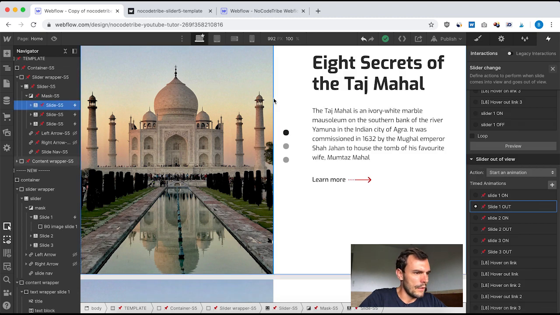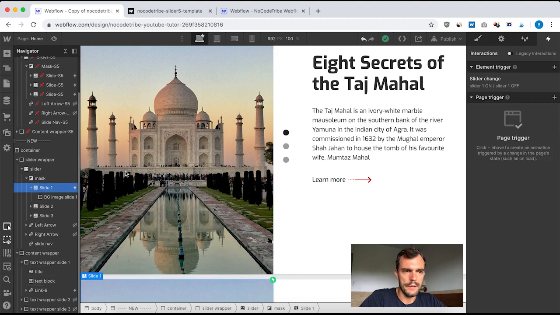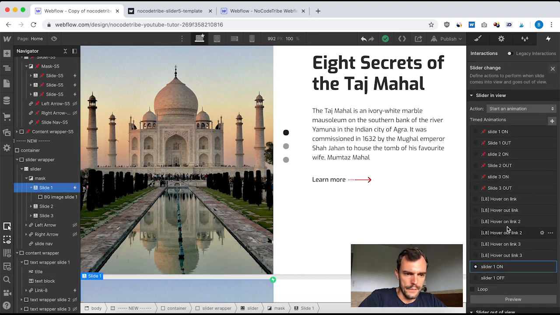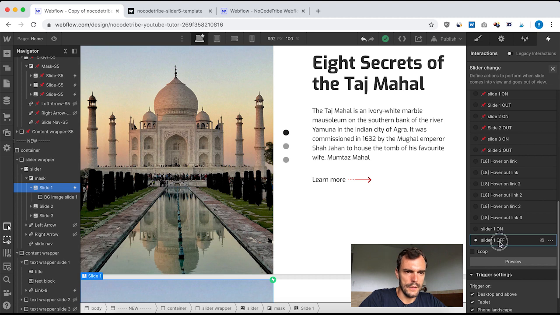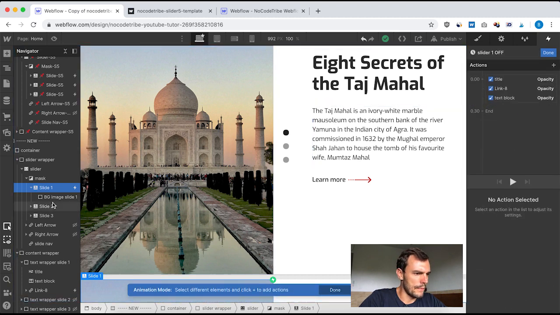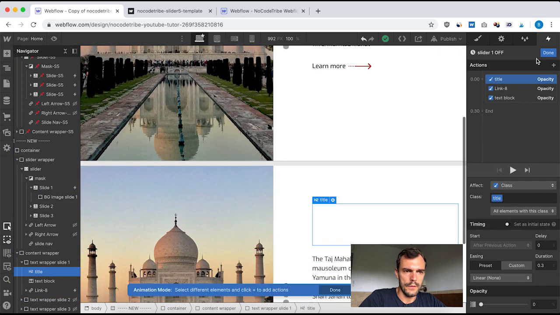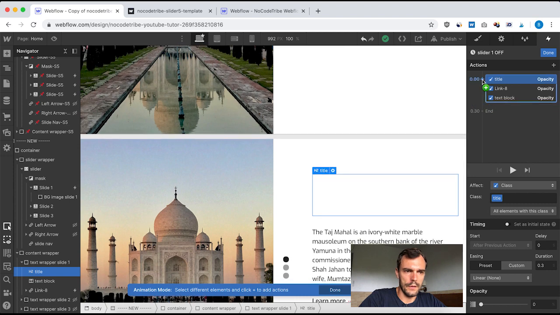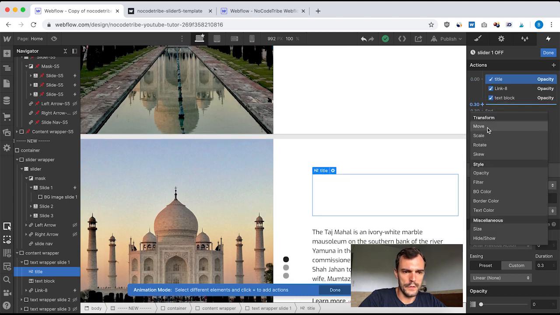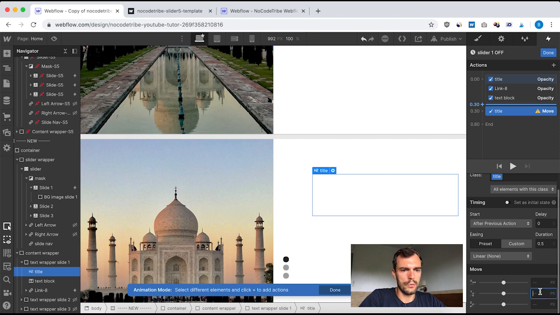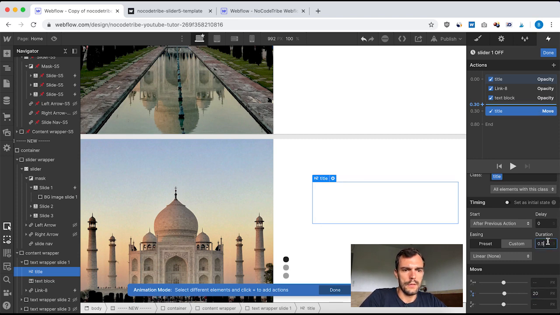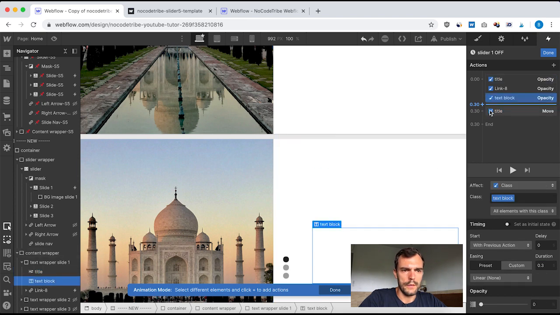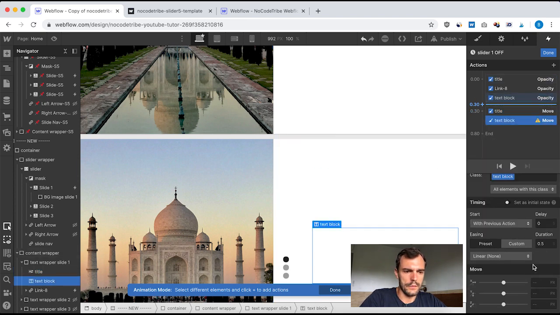Done. So if I go back to my slider here, slide off. So I want my title at 0.3 here. I want to move it 20 pixels down, 0.0 text block, move down 20 pixels, 0